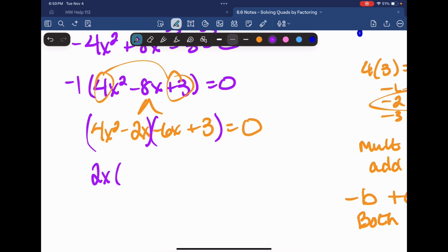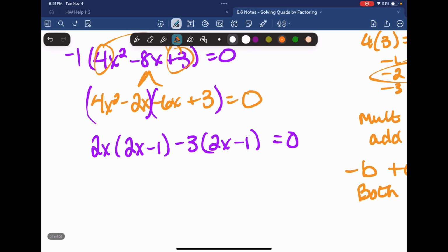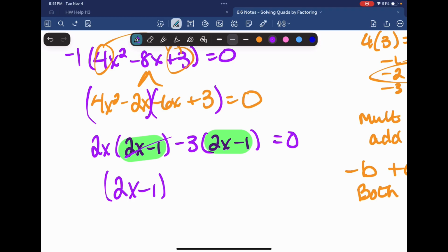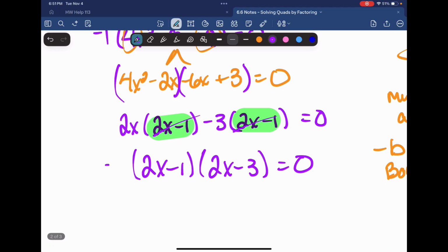GCF of my first group. Bring down that minus sign. GCF of the second group is 3. Common binomial. 2x minus 3 is left. Okay, and that GCF we took out, it goes in the front. Technically, I have 1, 2,